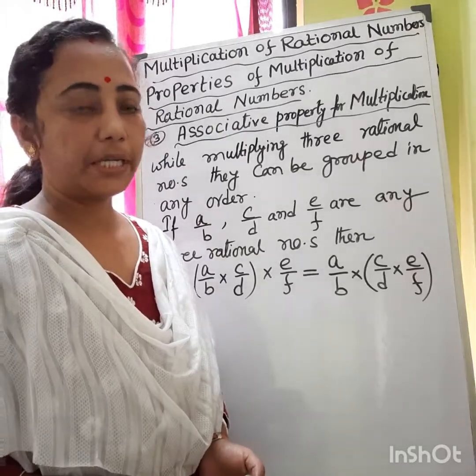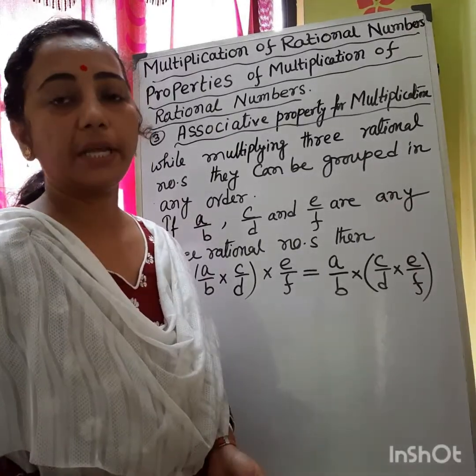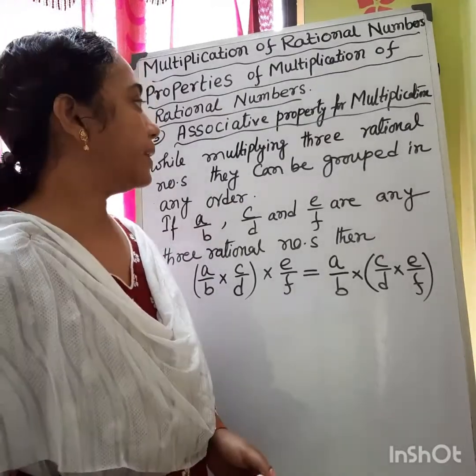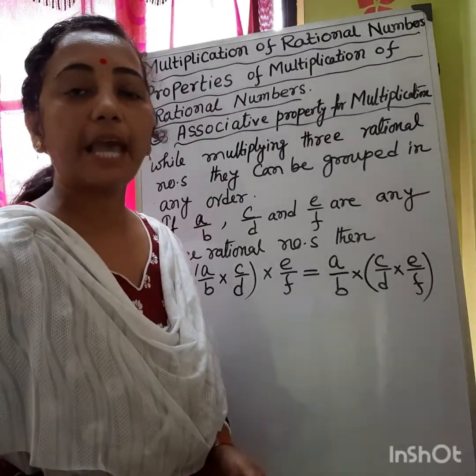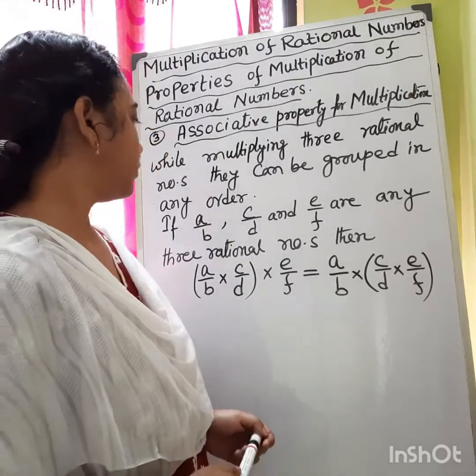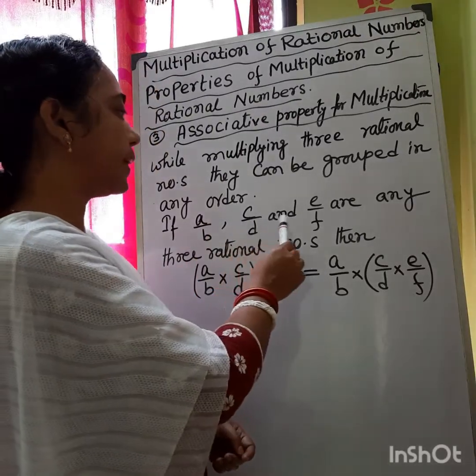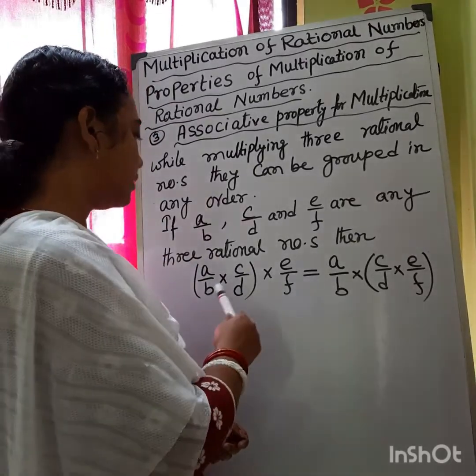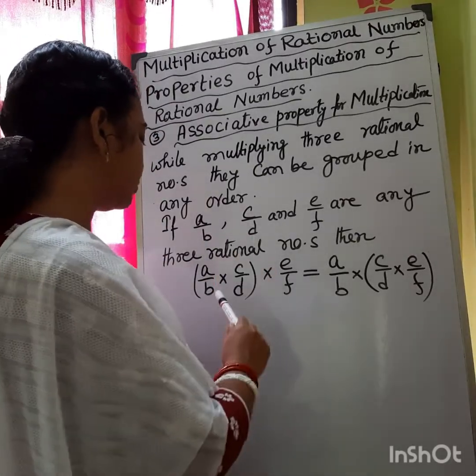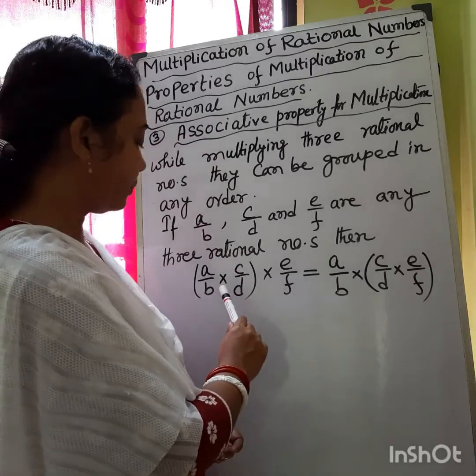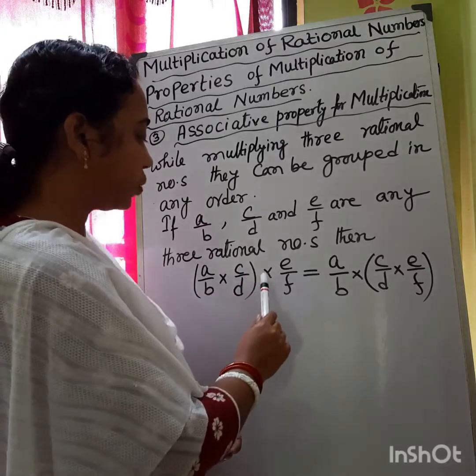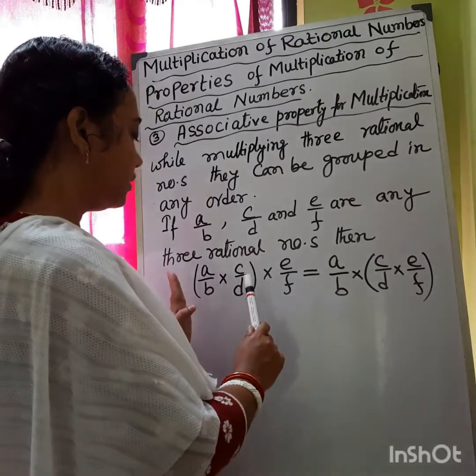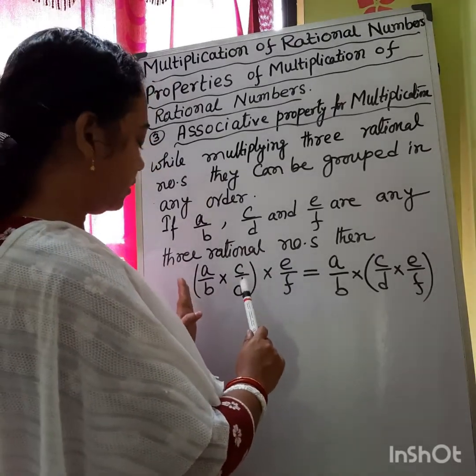Now the third property is associative property, that is associative property for multiplication. While multiplying three rational numbers, they can be grouped in any order. For example, if a by b, c by d and e by f are any three rational numbers, then the first two rational numbers are in group, that is under bracket a by b multiplied by c by d, then bracket close, multiplied by e by f is equal to, we are just shifting the bracket from the first two rational numbers to the second two rational numbers,